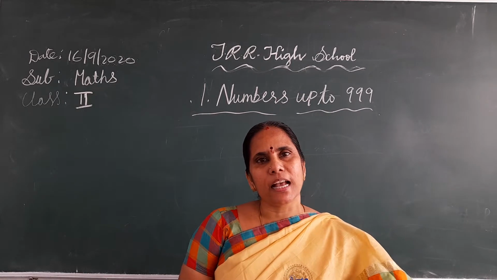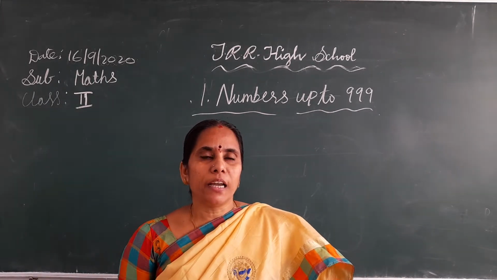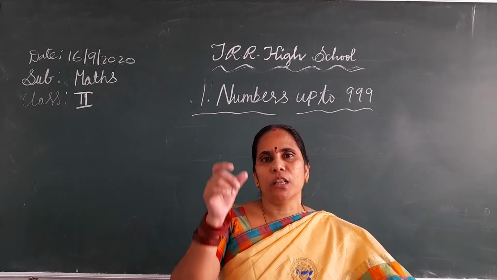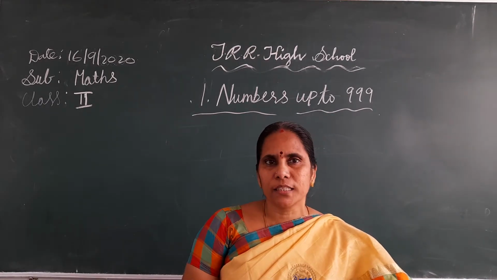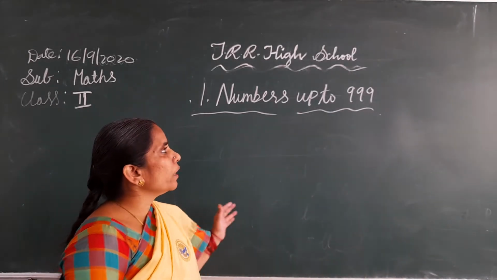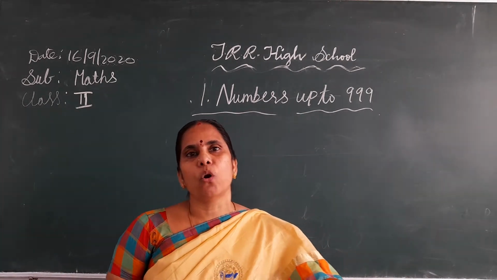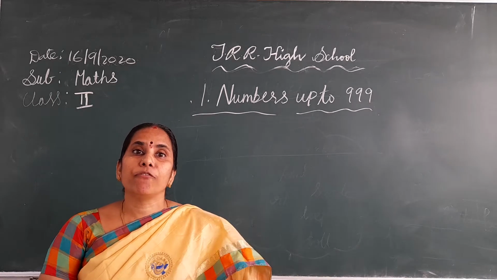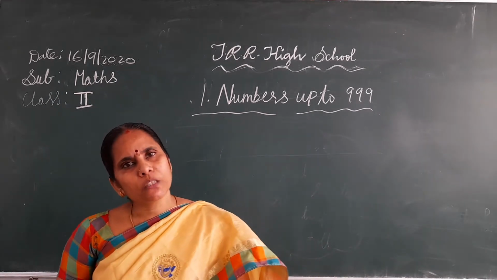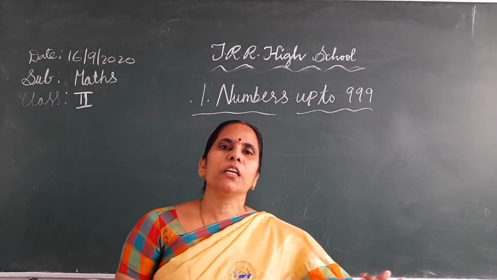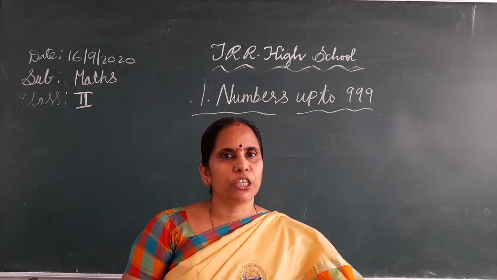Already in the previous class, you learned number names, how to write number names, and how to put beads on the abacus frame for 3 digits. You all learned 3 digits, no? Today we will learn the place value of 3 digits and the face value. What does face value mean? What does place value mean? And what is the difference between these two? That we will learn today. Okay? First we will do the revision part.